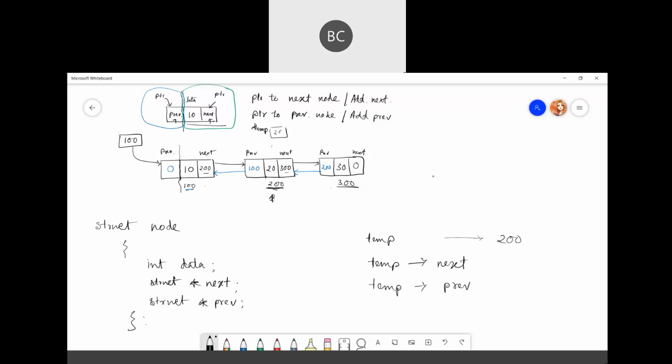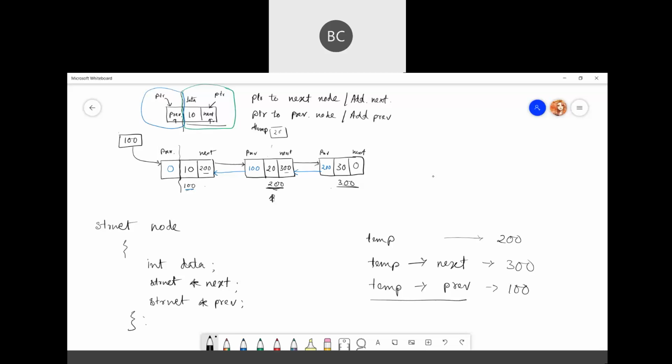The next will be 300, the next node. The previous will be 100, which is the address of the previous node.